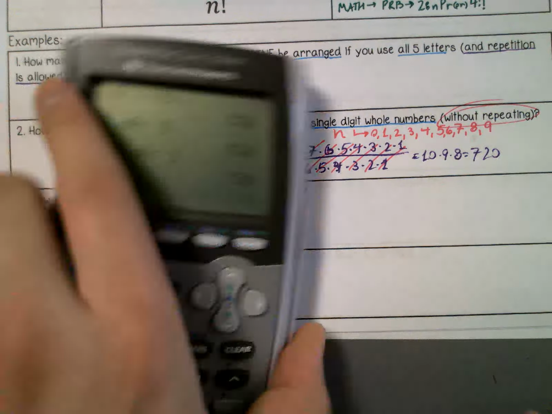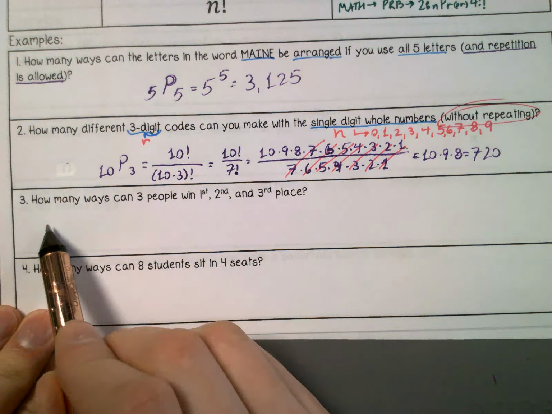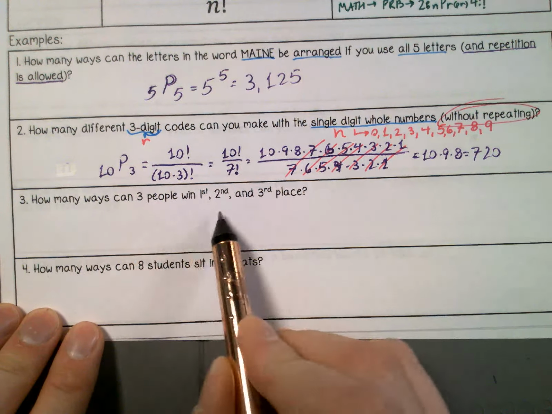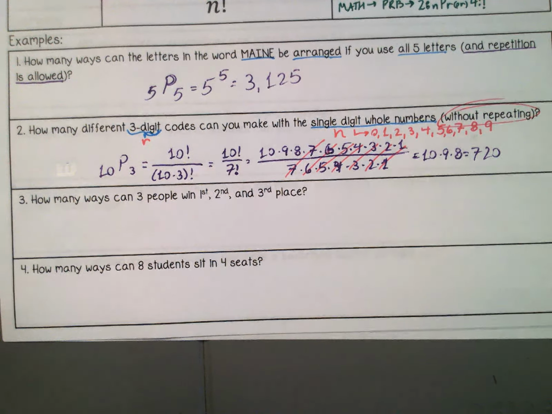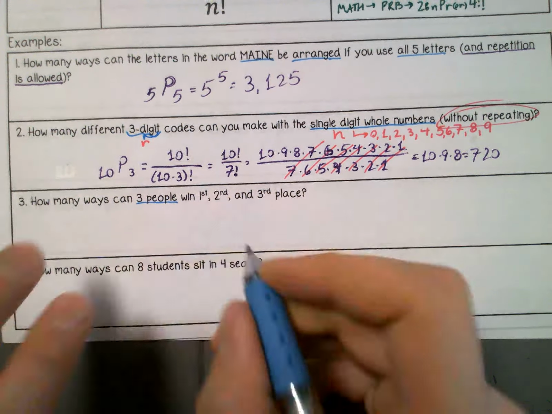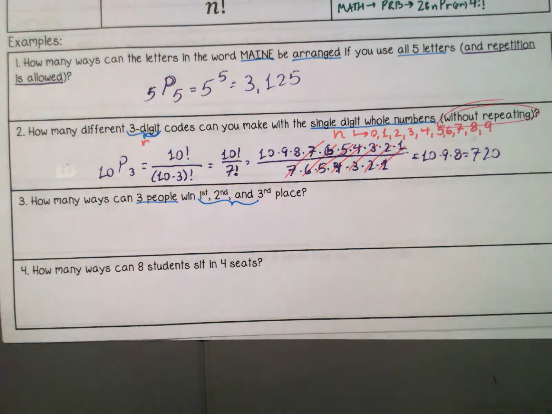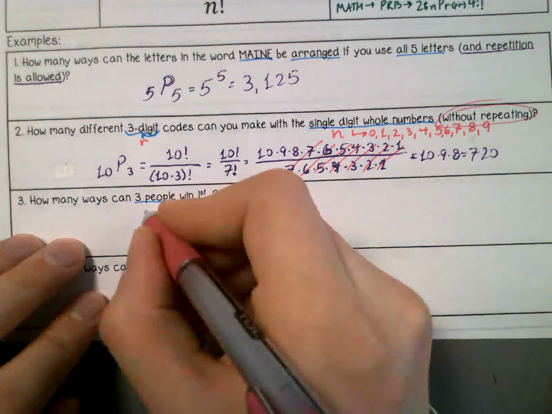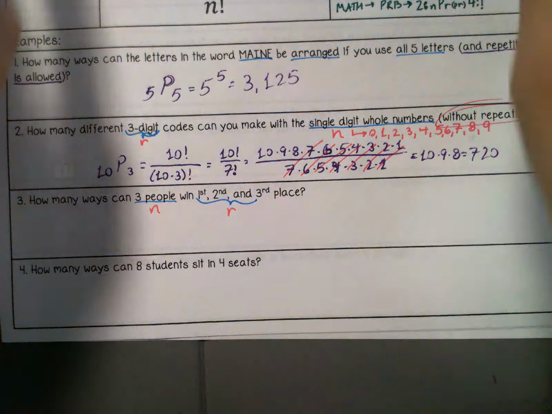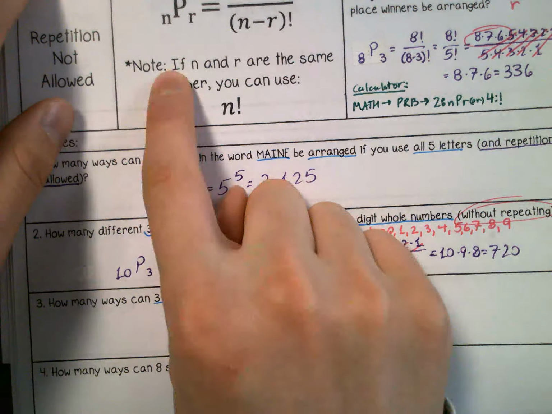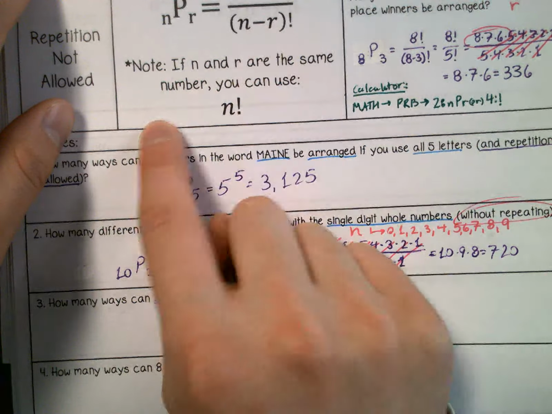All right. The next one. How many ways can 3 people win first, second, or third place? Again, people. This is not repeating, right? We have a roster. So we're looking at 3 people and we're looking at first, second, and third place. That means that's going to be my N. This is going to be my R. Now, something you should note. Back up here, there's a note here that says, if N and R are the same number, you can use